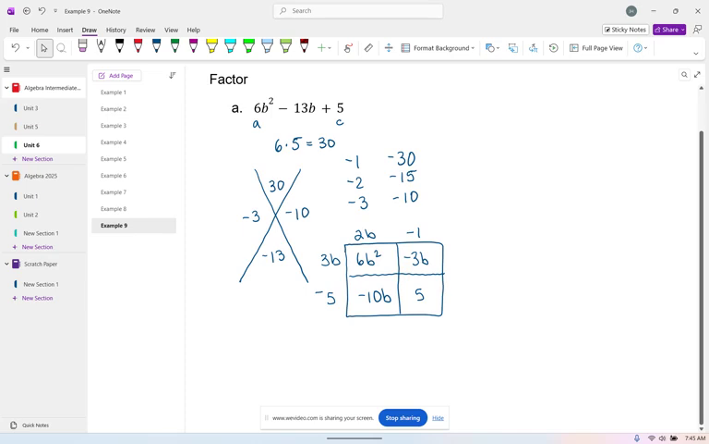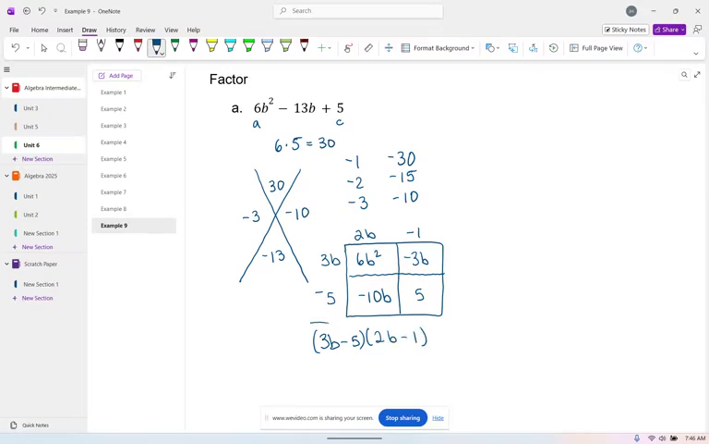So again, when I have a negative value of b, make sure you factor out a negative number for those second values. So we have 3b minus 5, and we have 2b minus 1. Those are going to be our factors